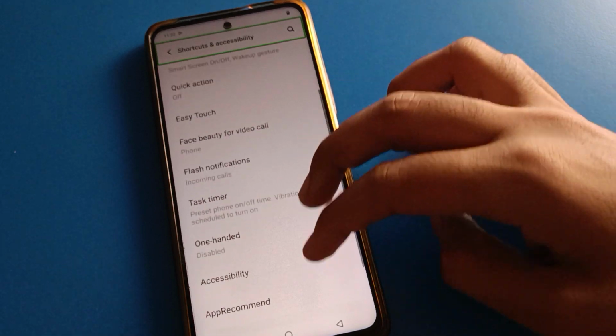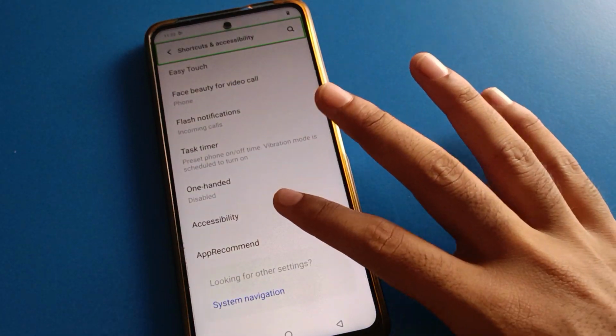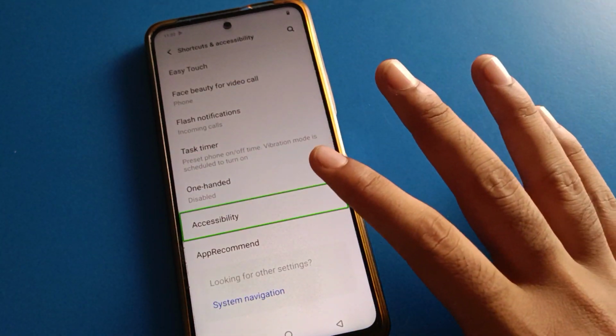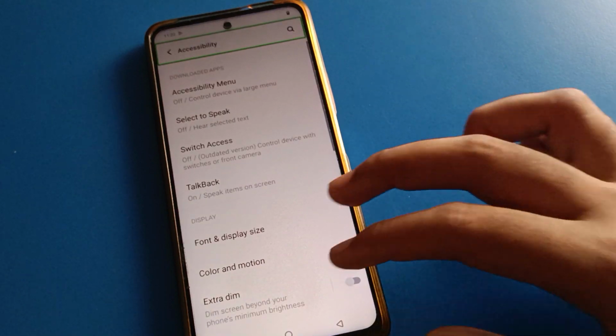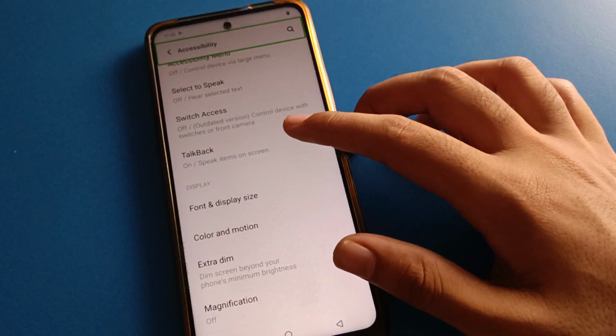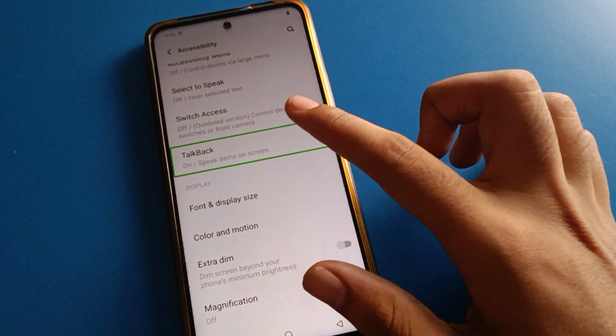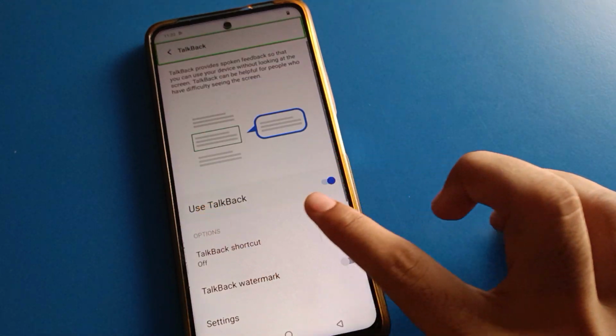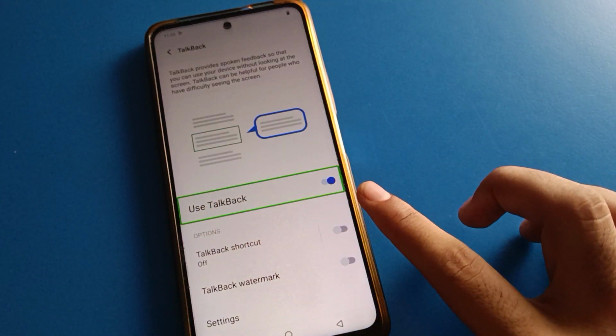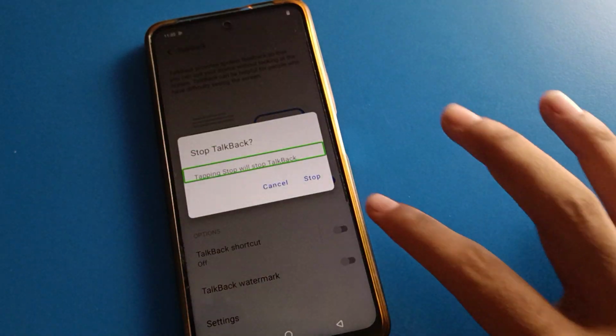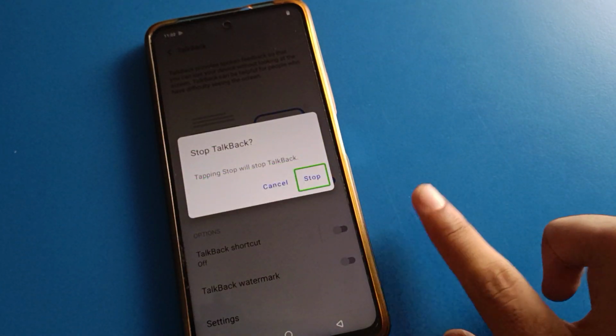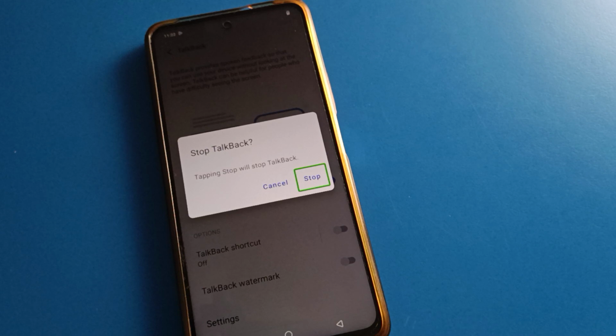Friends, again scroll down with two fingers. Open your phone accessibility settings, double tap, continue. Open your phone TalkBack settings, double tap, continue. Use the TalkBack option. Friends, click here on the right side, this blue button, double tap, continue here. Stop TalkBack, double tap. TalkBack problem solved, the TalkBack problem will be fixed, and you can use your iQOO mobile screen with